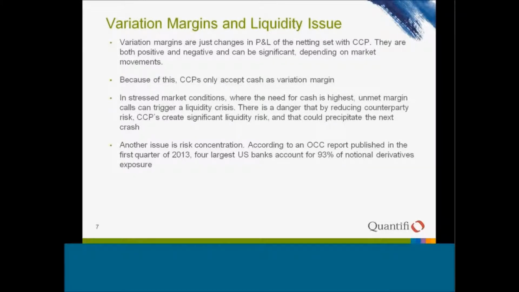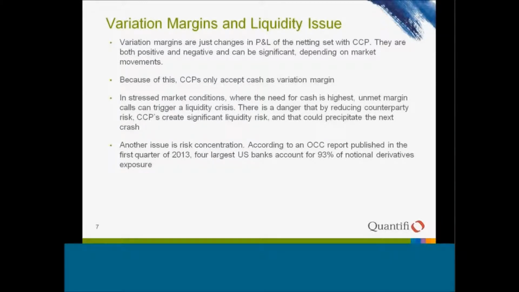And they can be significant depending on market movements. And because the CCP will get this variation margin collateral from counterparts, but then will have to pay back this collateral if the market moves in another direction,